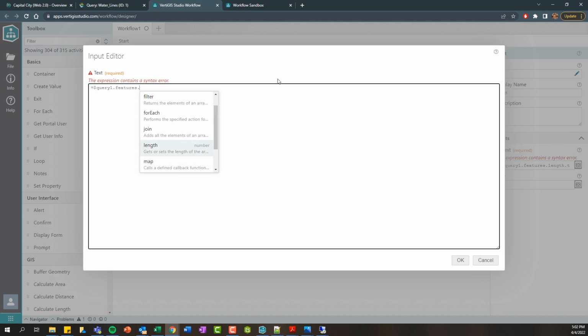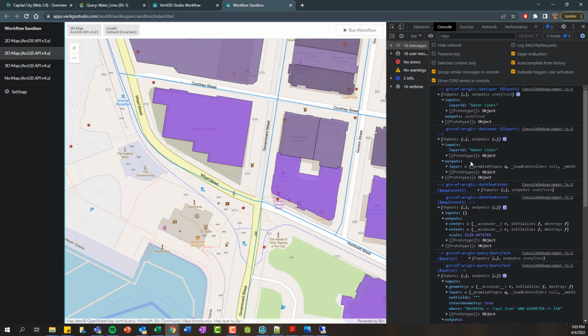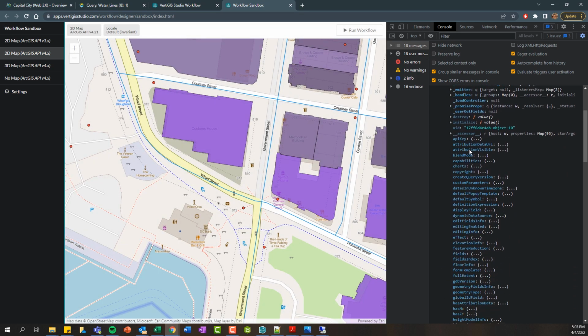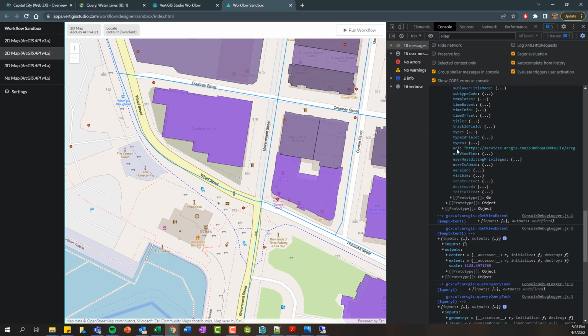query1.features.length. Now, it's worth mentioning we don't always display every single property available, but in this scenario we're displaying the length. But for example, if I drill into the layer object and add a period, we're only displaying 4 different properties like the ID, the opacity, and whether it's visible. But if you jump over to the console and expand our layer object, you can see there's a whole ton of other properties available. So for example, if I wanted the URL of it, I could just go ahead and do